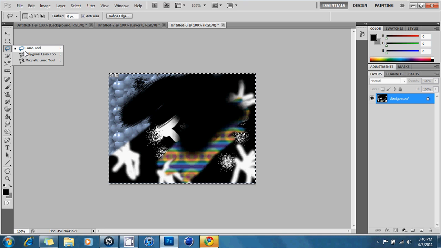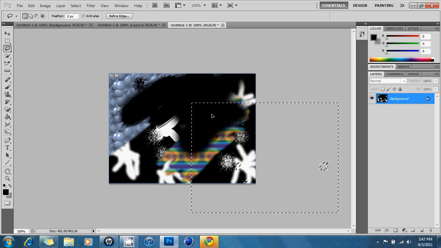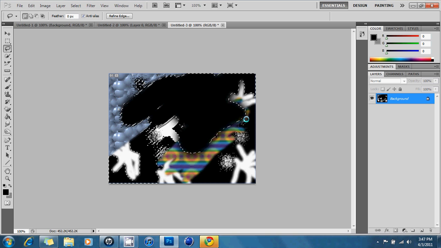Now we got our lasso tools. They are pretty cool. I do like them. Here, let me just get that out of there. Alright, there we go. And for our lasso tools, a little bit more precise. You kind of go wherever you want to cut. Just make sure they touch each other again. And as you can tell, we got ourselves quite easy,